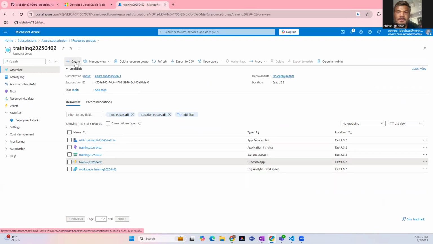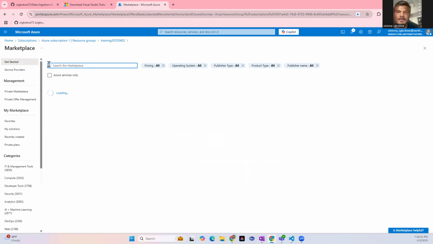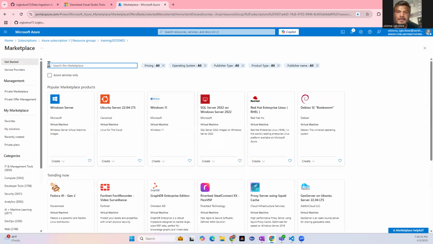So the next thing we're going to do is build our SQL database. I'm going to start with SQL because SQL is a little bit more involved, so I'm going to walk you through that step. When you hit create from the resource group, you're put into what they call your marketplace. Your marketplace basically is where everything lands in Azure. Everybody has their own marketplace in AWS or in Google Cloud, but this is what the marketplace in Azure looks like. We're going to type in Azure SQL,